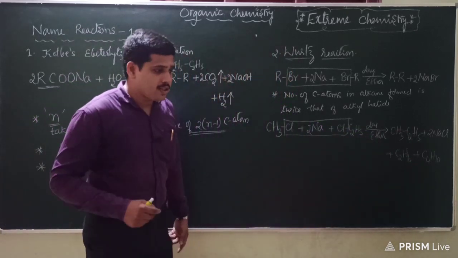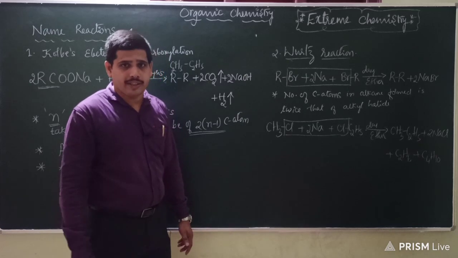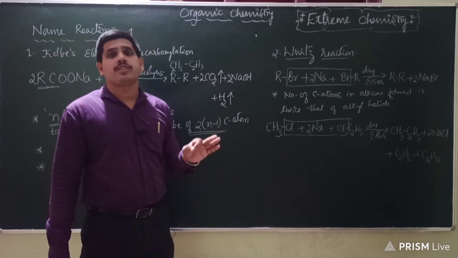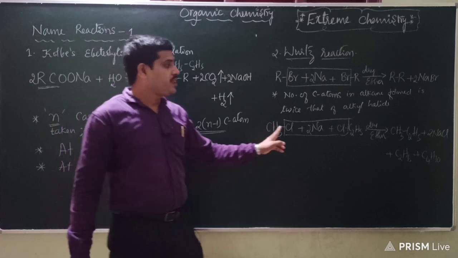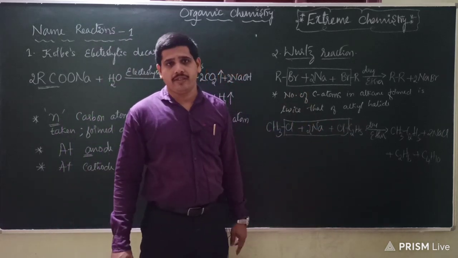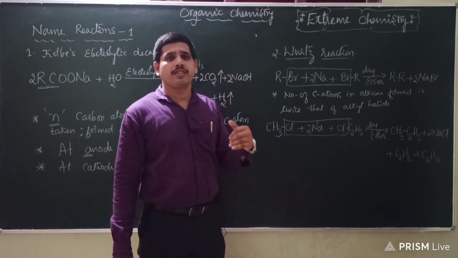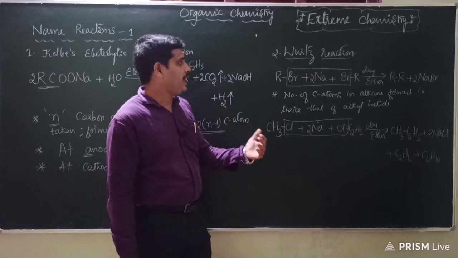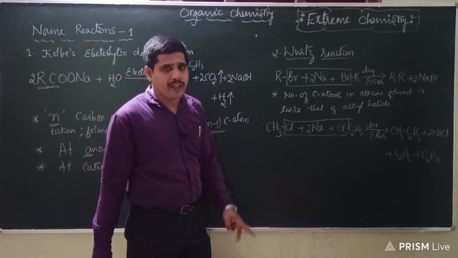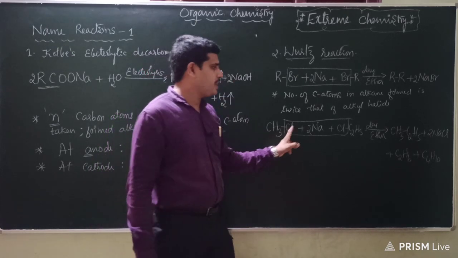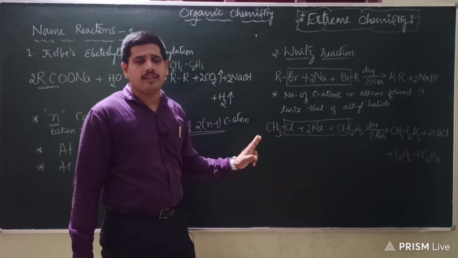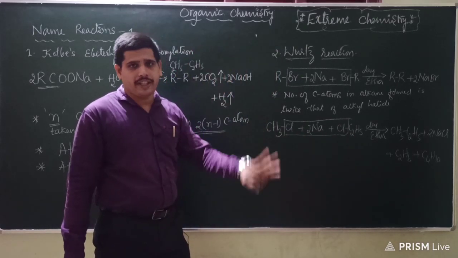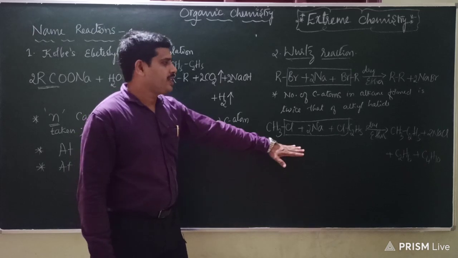So this was asked in one of the previous year competitive examinations. How many products are formed when 2 different alkyl halides are taken? I repeat, how many products are formed when 2 different alkyl halides are taken? So your answer should be 3. It's always, irrespective of the alkyl halide you take, the formed product will be of 3 types. Is that fine? So that is important.